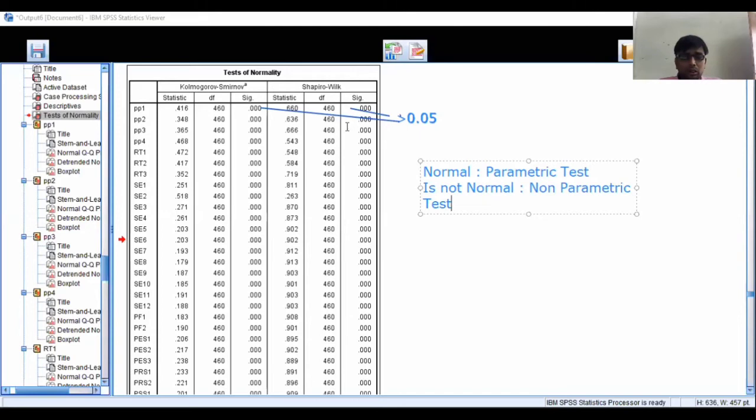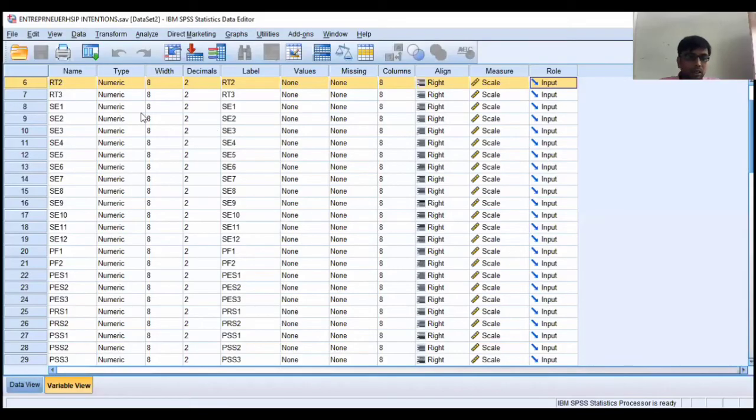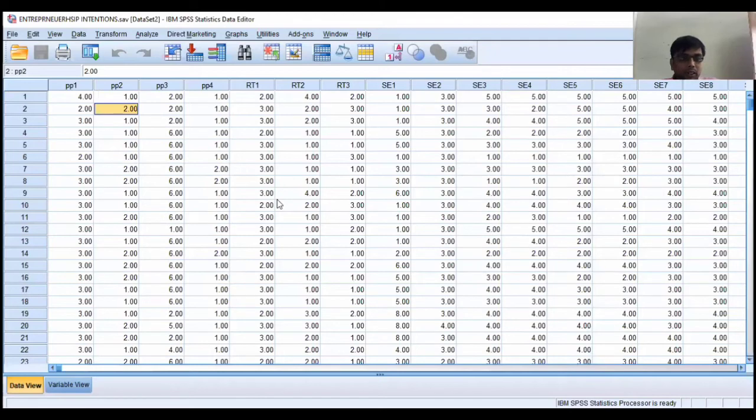Now, coming to the next one. I'm coming back to the SPSS window. Now, how to assess the reliability of your data?